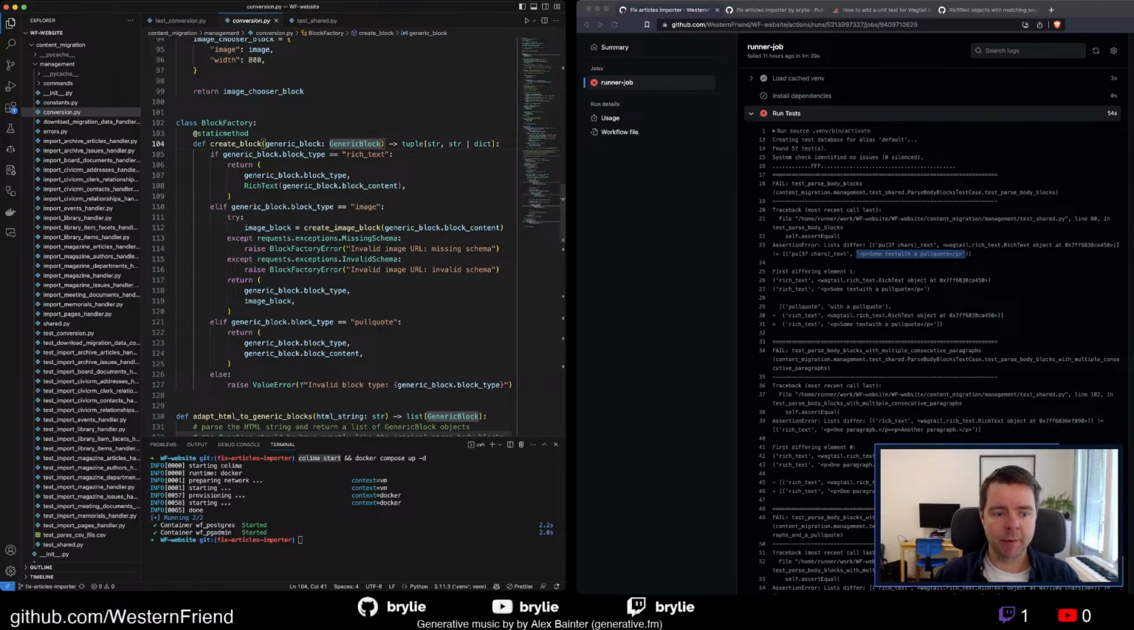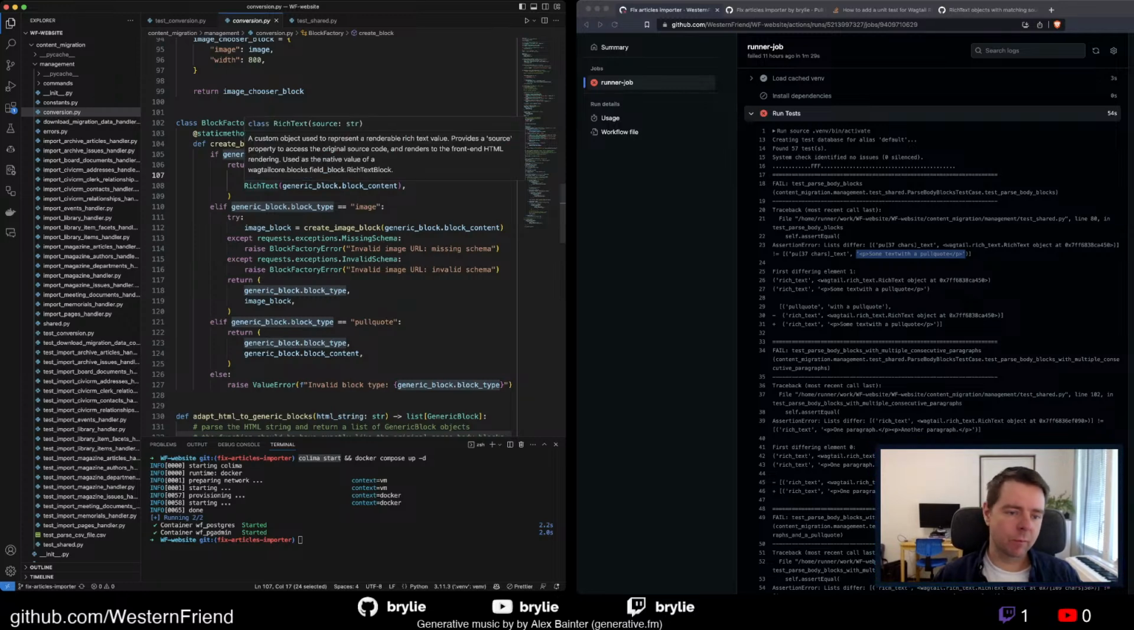But then we've got a map that takes the generic block and looks at its type, and we only have a few types here. And it constructs a tuple, which Wagtail uses internally. And the tuple has a key. It's essentially a named tuple, but nonetheless, a plain tuple. With the string representing the type of block it is. And it's the same string here. And then the second element should be more or less a representation of how Wagtail would generate the block. So a rich text instance in this case,